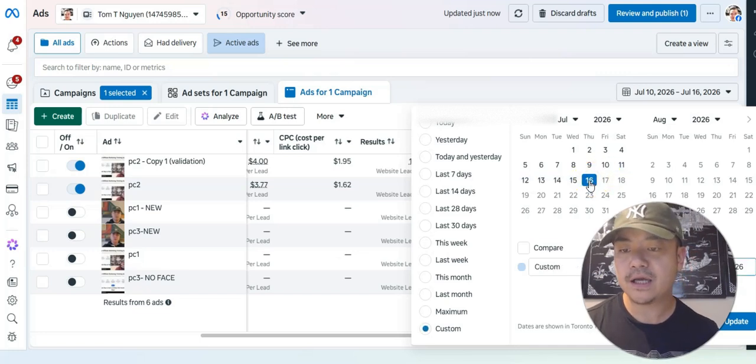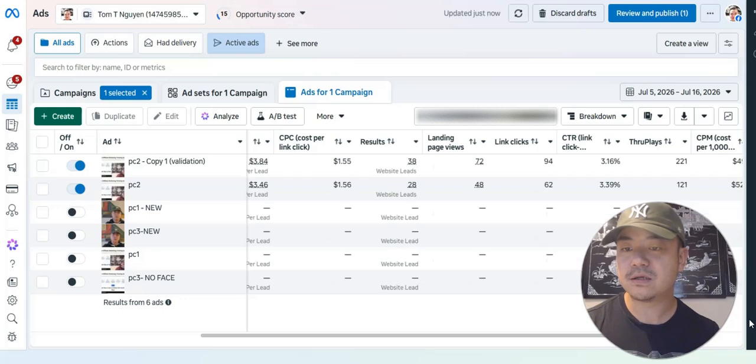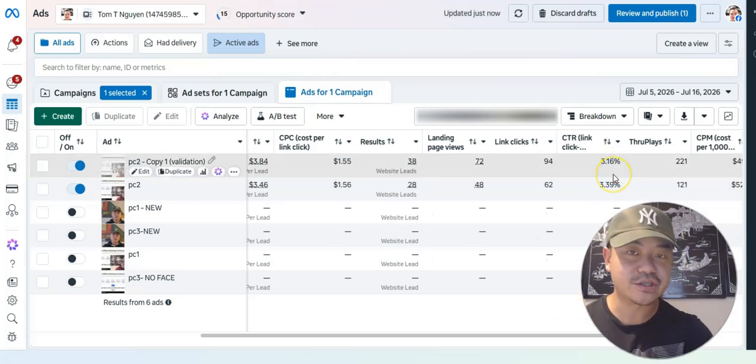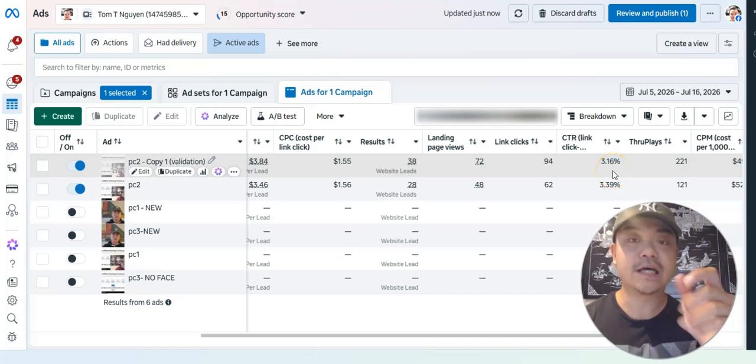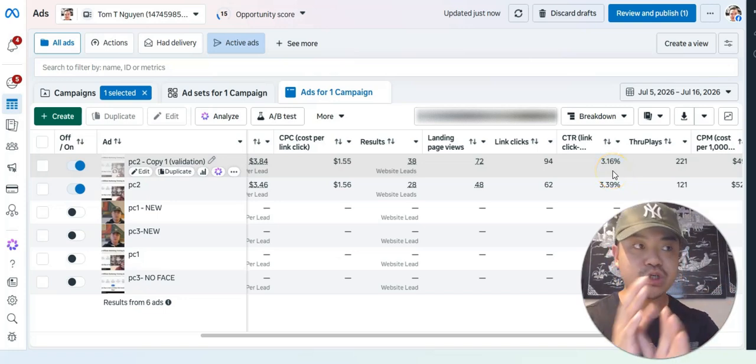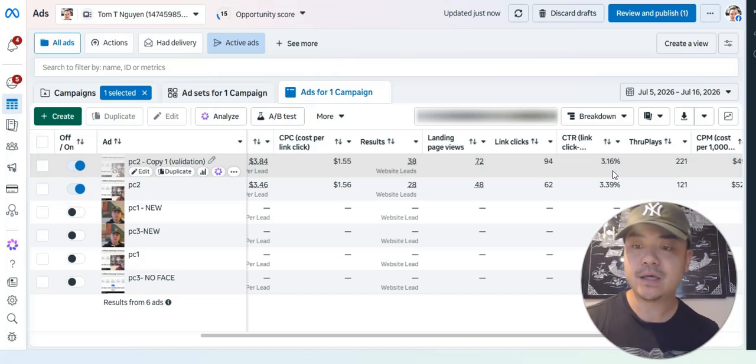So we're gonna go and put it as 2 weeks. Okay, so let's say 1, 2, 3, 4, 5, 6, 7. So let's say we put it towards 2 weeks. Okay, so click on update. You see how it changes, right? You see how the click-through rate was at 2.54. That's why you can't just compare from just weekly data. Okay, so you guys can see that it changed, right? So not $3, but 3% click-through rate.